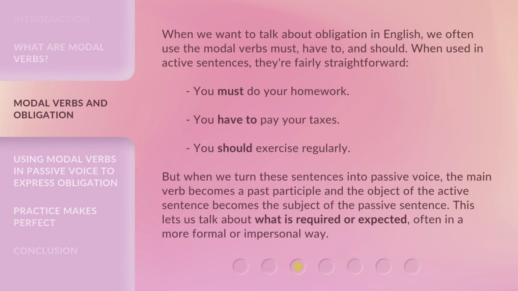When we want to talk about obligation in English, we often use the modal verbs must, have to, and should. When used in active sentences, they're fairly straightforward. You must do your homework. You have to pay your taxes. You should exercise regularly. But when we turn these sentences into passive voice, the main verb becomes a past participle